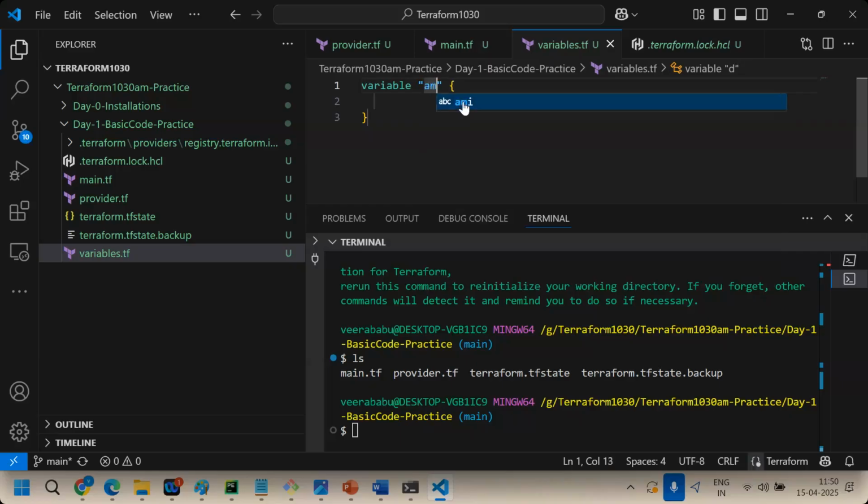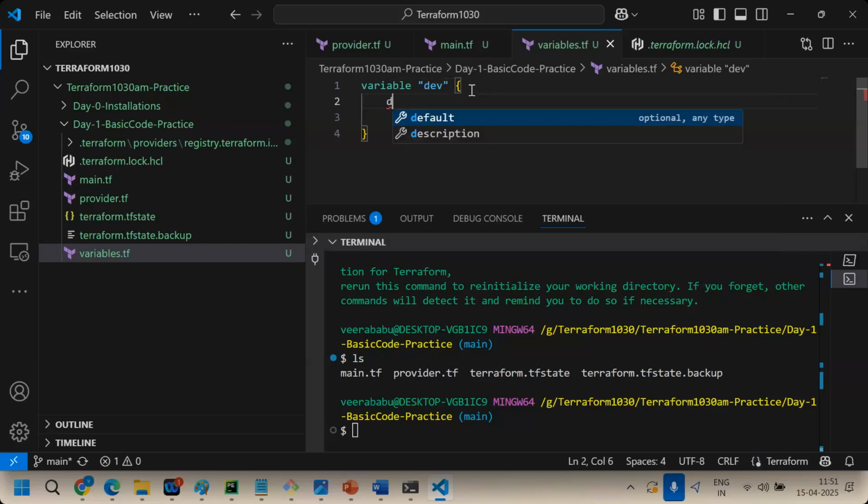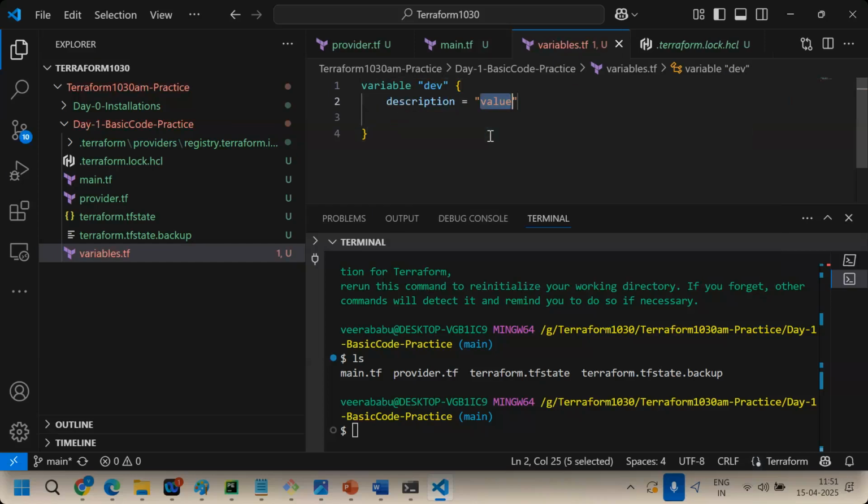We can give AMI. Okay, let me give it dev for better clarity. Now here you can write a description. Description is just for explaining, optional. So I'm writing AMI ID into main, just like this.